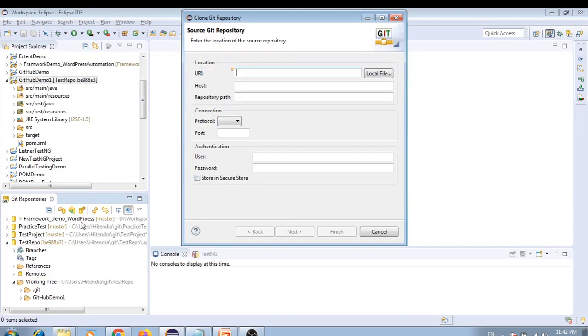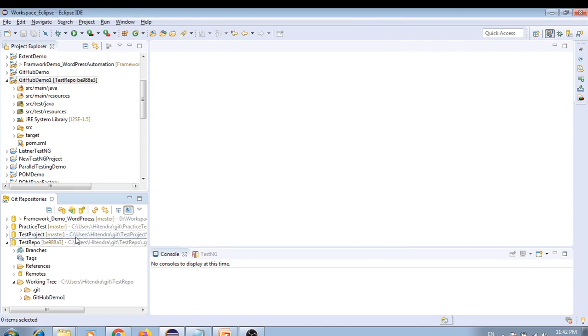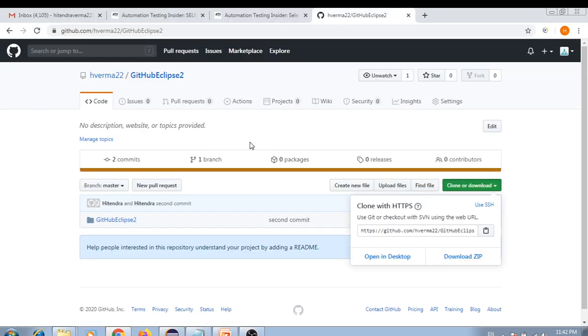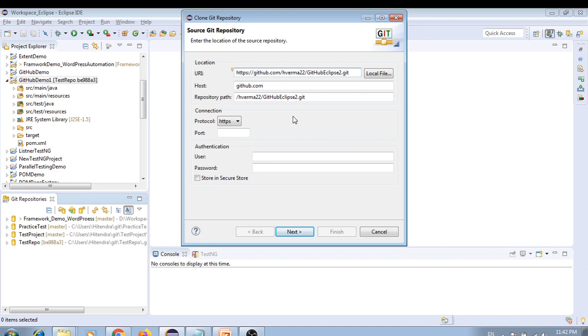Okay, and just come to Eclipse, and here we have, once again, the option "Clone a Git repository and add the clone to this view." So just select this, and since we have copied it in the clipboard, it will automatically take this GitHub Eclipse 2 project. Here you can see this is my project, the center repository. Now simply I'll provide the credentials. We are cloning, in the sense we are taking a copy of the existing repository.